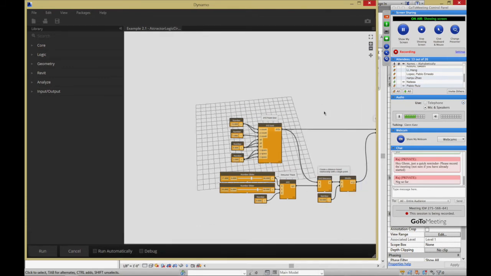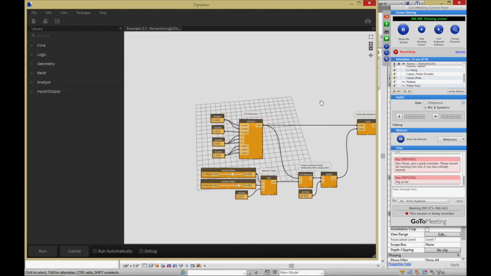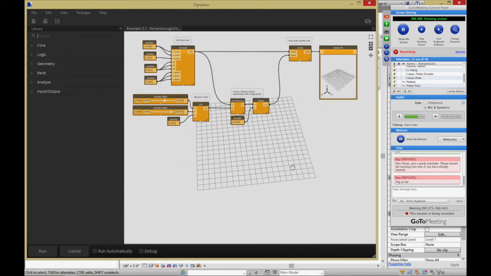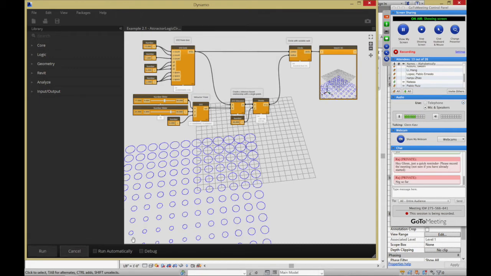Okay, let me go ahead and pan this around a little bit. There's a system of logic up there that we'll build up in just a moment, but let me just try running it to show you what we are looking at. So the idea is as follows. We have a big grid with a lot of different circles on it right now with varying radiuses. And we have a point which is controlled by a couple of sliders. And the idea is as we move these sliders,